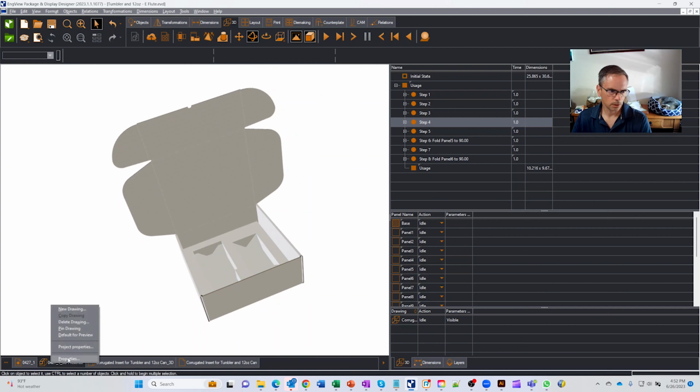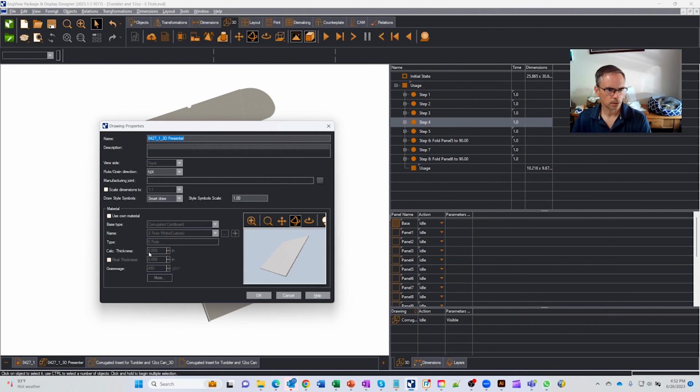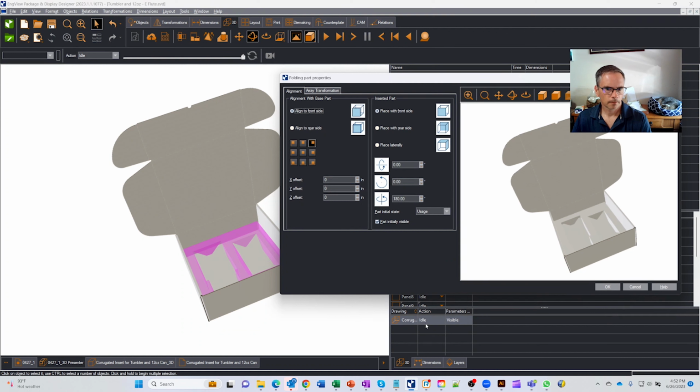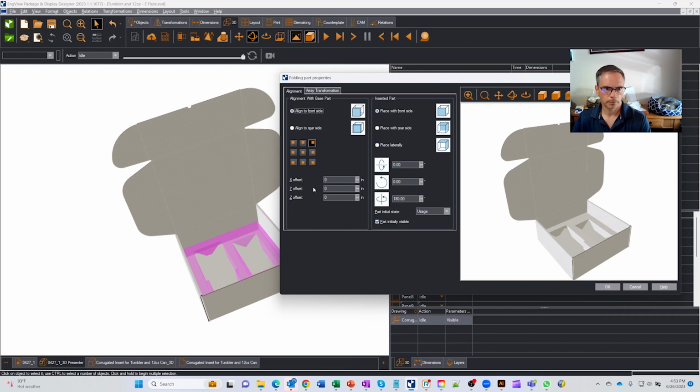So let's see what the material thickness of this is. In our case, it's 0.059. So we'll grab the properties of the insert, and we can start moving it around. If you notice here in this drawing, when we rotate it, it moves it. Here we could rotate it up and down. It's actually in the orientation that we want, but we want to adjust it some. Notice the Z is moving it left and right. So remember, we wanted to move it over just a little bit,